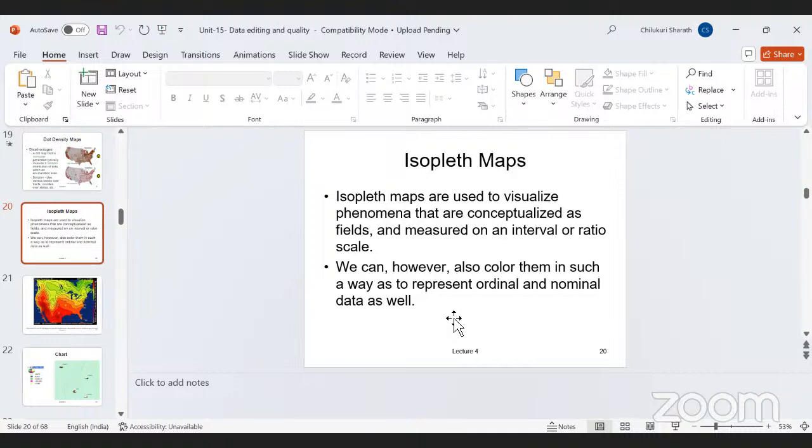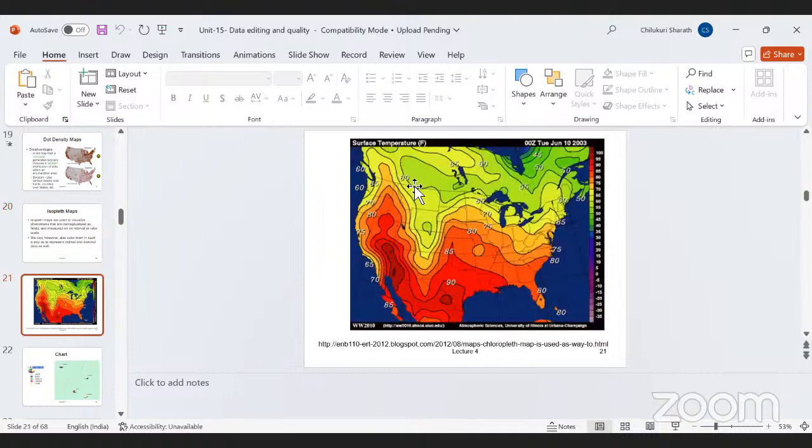Yeah, another one is isoplate maps. Here it is showing the equal interval lines, and the lines will be joined to one another. It has an equal value. Just you can see it in this map. It is showing that the contour line has a 60. Continuously it goes on at 60 only. The color is indicating a green color. Okay, next, coming down into this one, 65. This line is indicating a